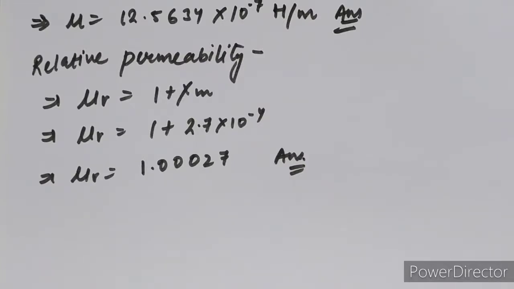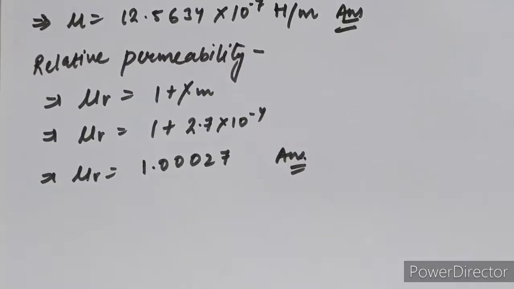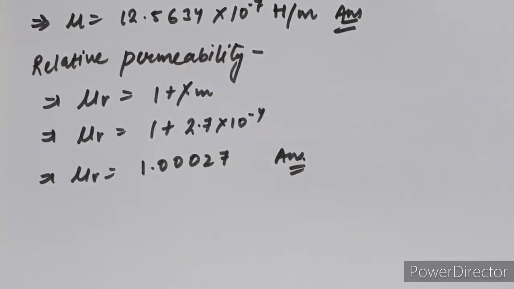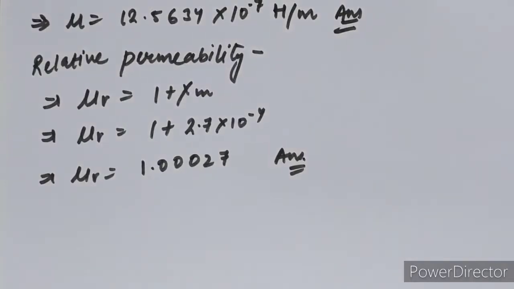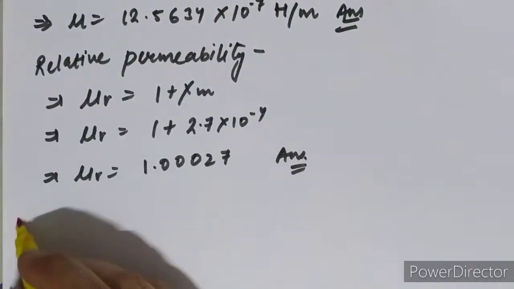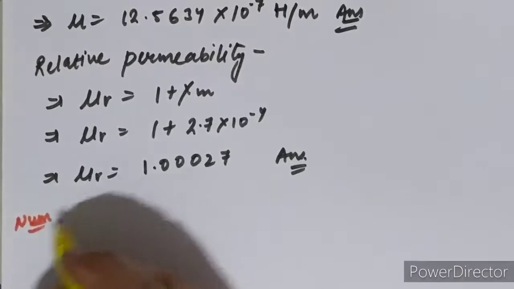Okay, and sometimes in the formula only one value has been given. It means the other one is either a numeric value or a constant value. For that, the constant term you have to put or write. Clear? Okay, got my point? Moving on to the next numerical. One more numerical we can solve, so you can understand it better. Next numerical.